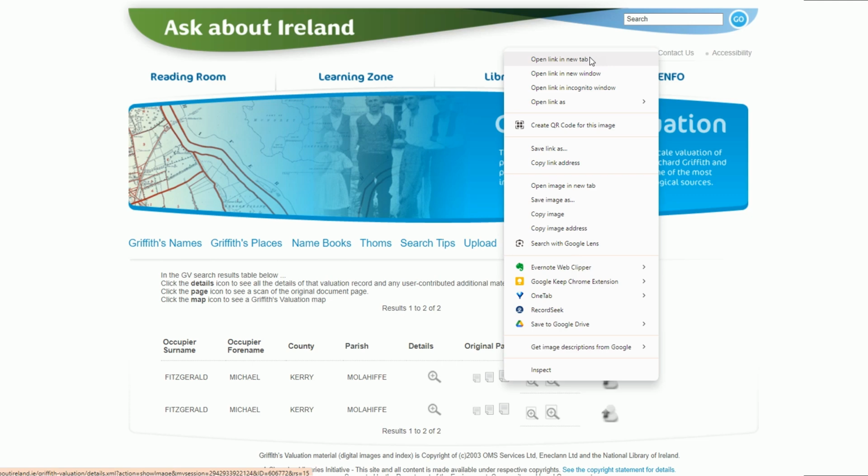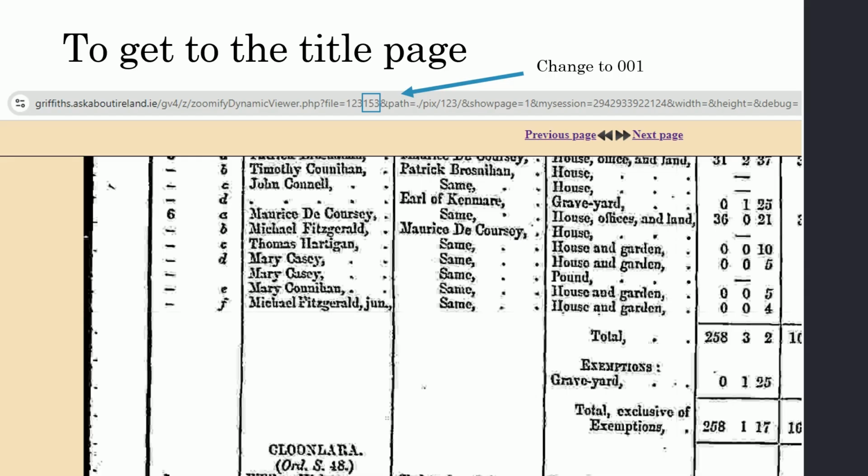This enables you to see the full URL. Once you've got that full URL showing, when you change the page by clicking previous page or next page, you'll see that this one 3-digit part of the URL changes. So when I press next page, it changes from 153 to 154. And if you want to go to the very first page, you have to delete 153 and type in 001 right there. Press enter, and then that takes you to this page, which is the title page for that volume